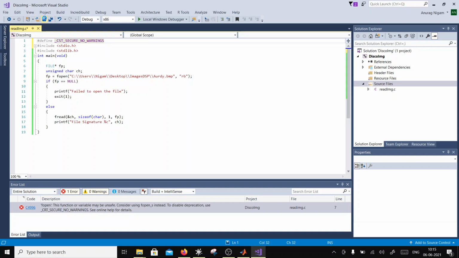So we have created the same variable here, _CRT_SECURE_NO_WARNINGS. Okay, have done that.